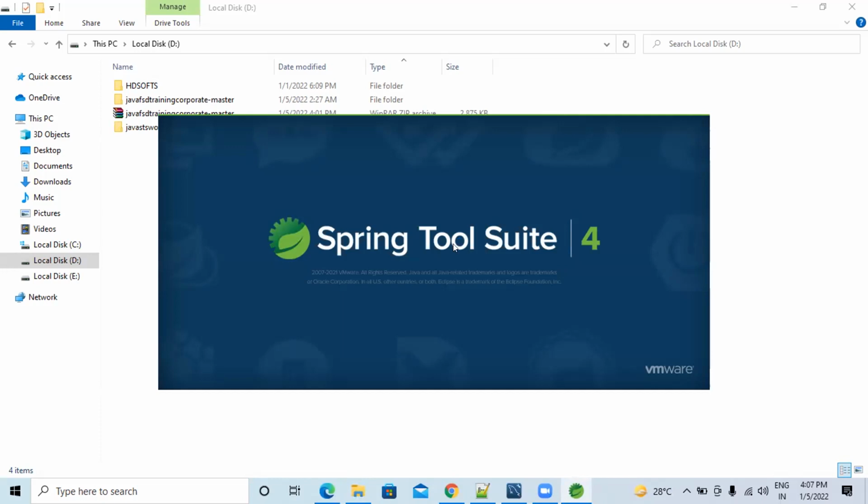Before, he created all the projects in a different folder. Now he is pointing to this folder, Java workspace. So whichever folder you mention at the beginning, Spring Tools is going to point to that folder and show all the projects in that folder. That's it.